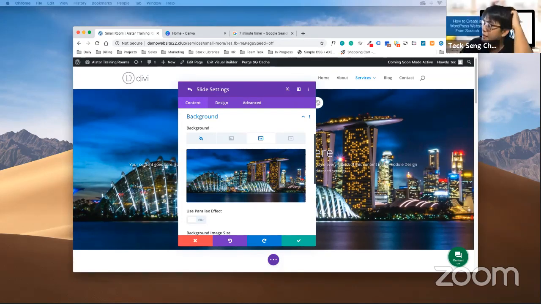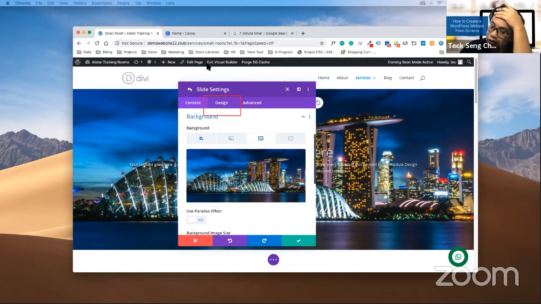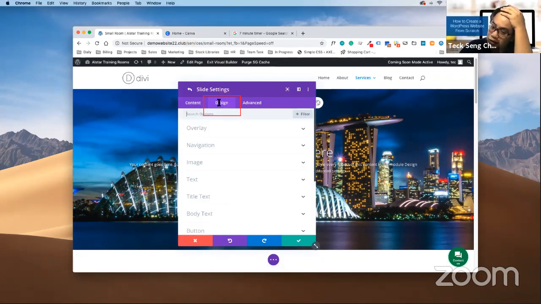Okay, now the rest of us, everyone, let's head to the design tab over here. Click on the design.